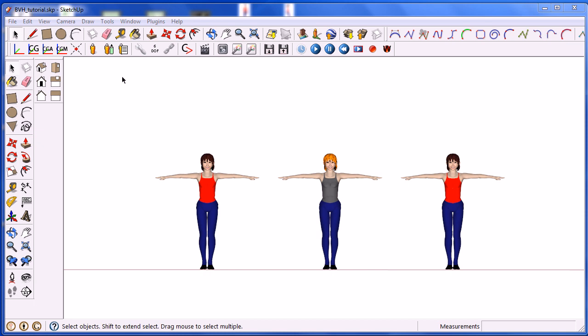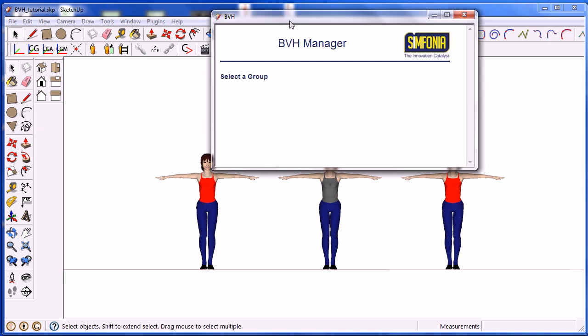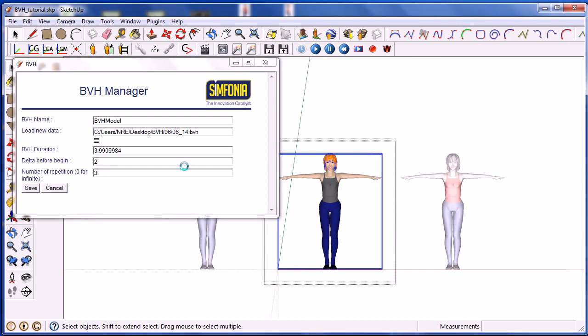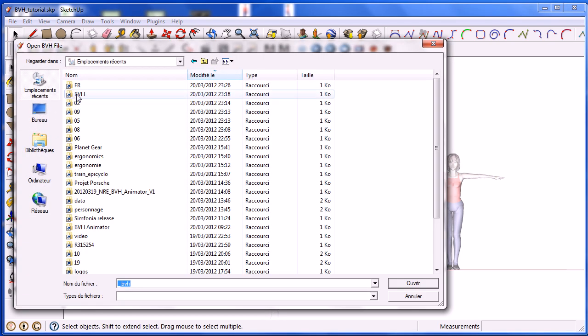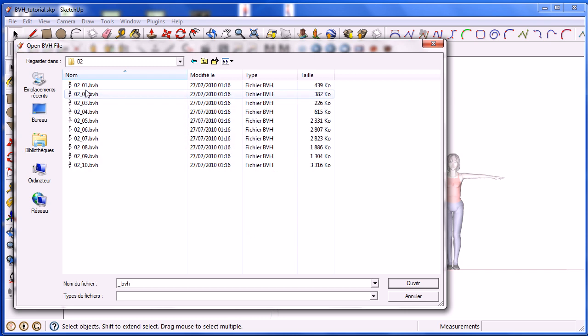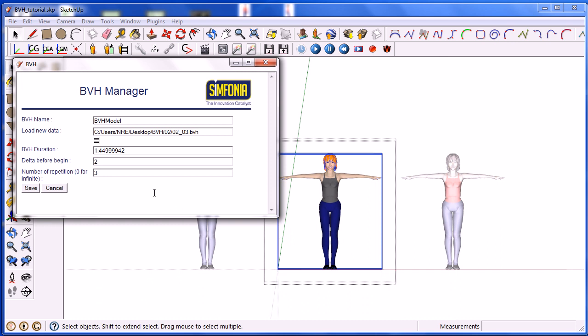Once it is done, open again the BVH Manager window and click on the new skeleton in order to associate their new BVH files. For the first copy, we will take, for example, the file 2-3, which is a running motion, and we will only make one motion.